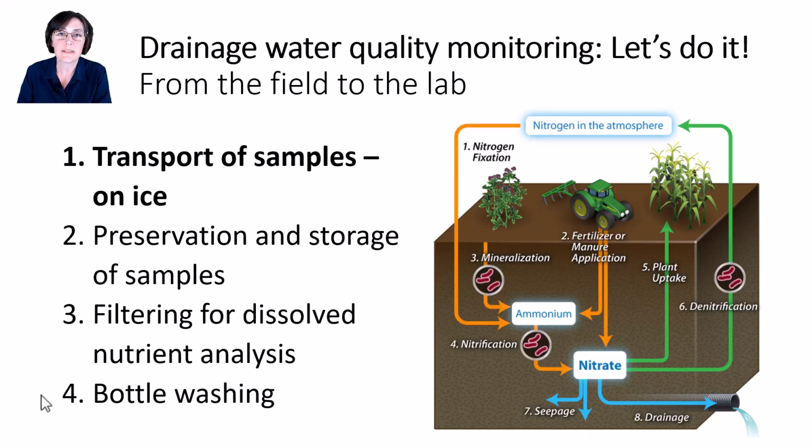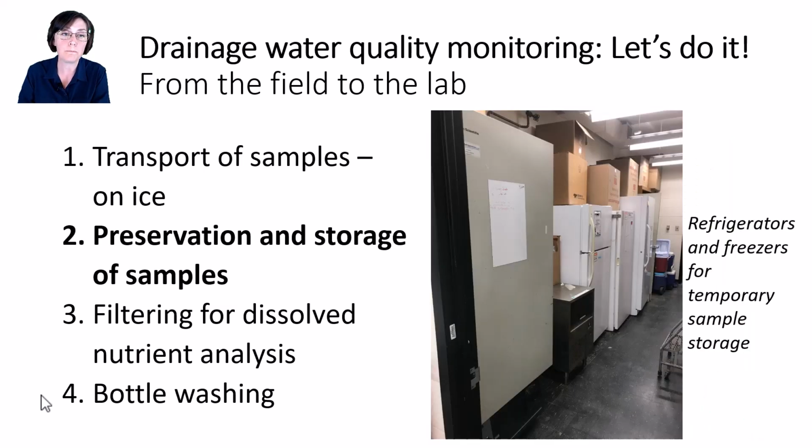We generally transport water samples on ice because the little microbes that are present in the soil can be present in the water samples too. Keeping the samples cool by transporting on ice keeps these microbes slow enough so they don't change the forms of nitrogen, for example, in the water. If the water chemistry or the forms of nitrogen in the water change between when you've collected the sample and when you analyze the sample, I think you can see that your results wouldn't be reflective of the actual water that you were trying to sample.